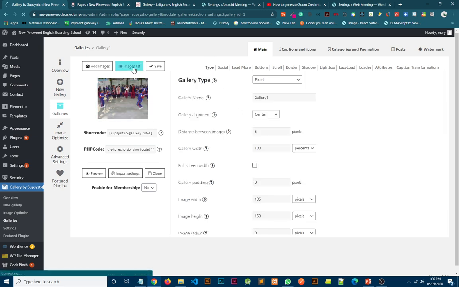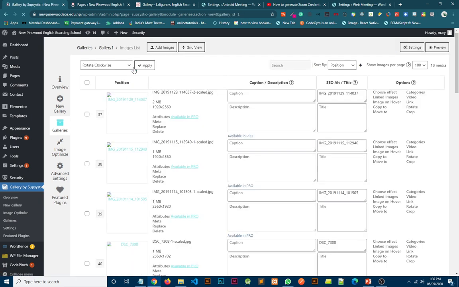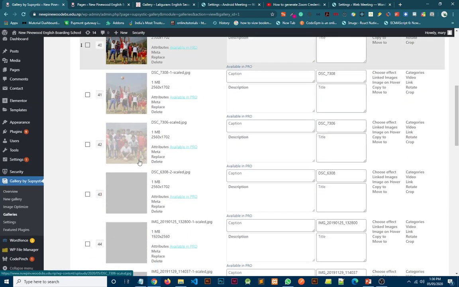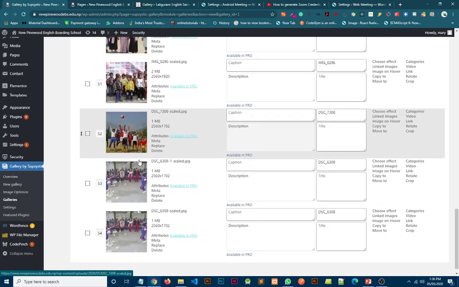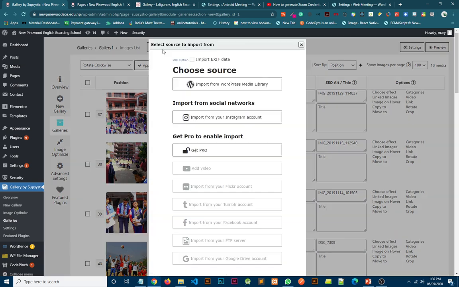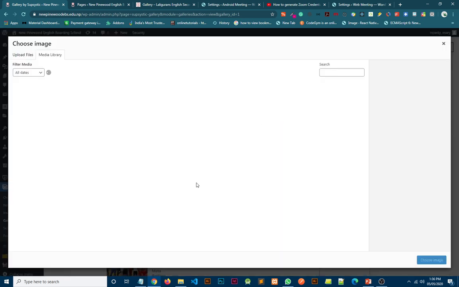I'll show you the image list. This is all the images for the gallery page. I want to add new images. Click here and import them from the WordPress media library.